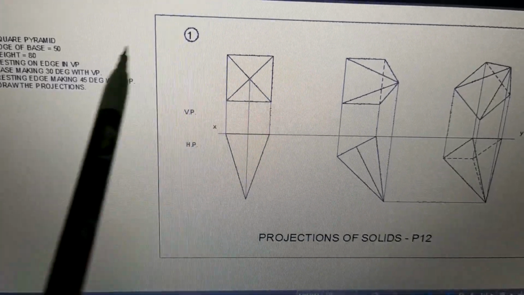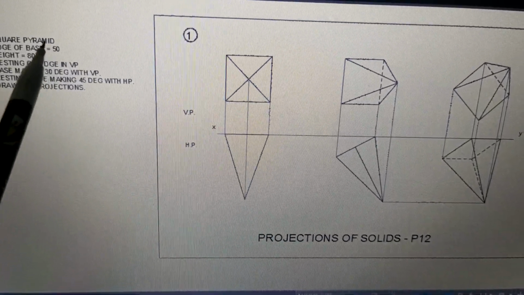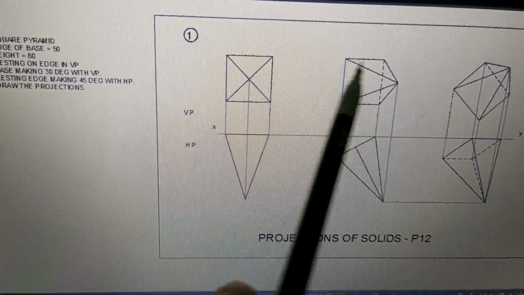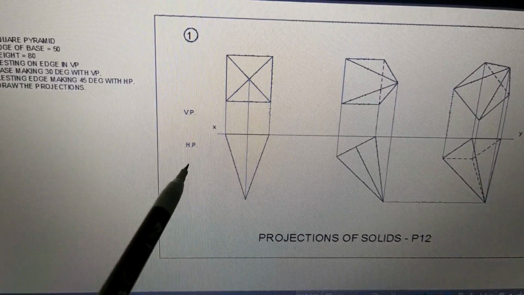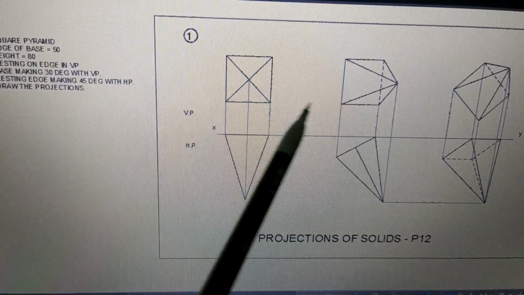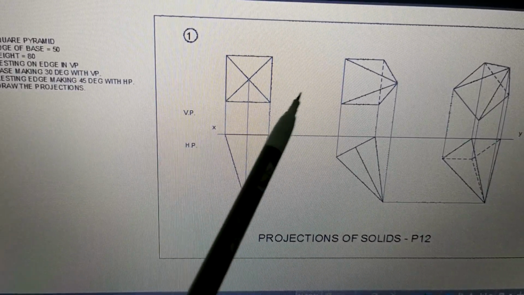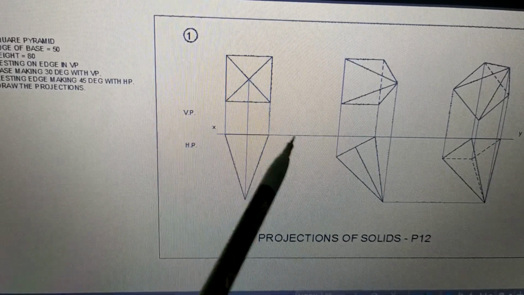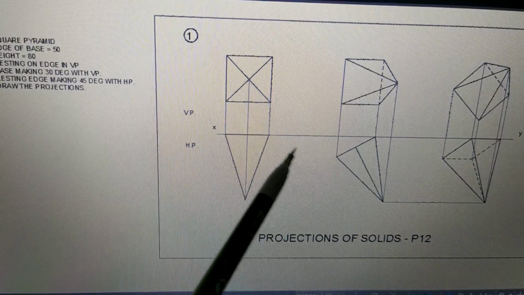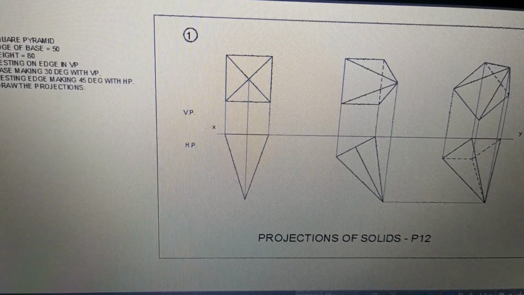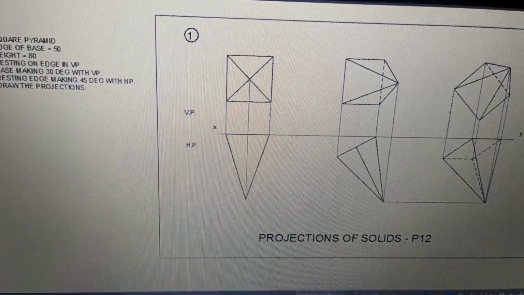When you draw, you have to show all the data. Where is 50, where is 80, where is 30 degree, where is 45 degree. Everything has to be shown here properly. And then VP here, HP here, this line is XY line. The same XY line for the top upper region. This is HP background. This is VP background and line is HP. For this part of the drawing, the background is HP and this line is VP. So this is the first problem we are supposed to solve.